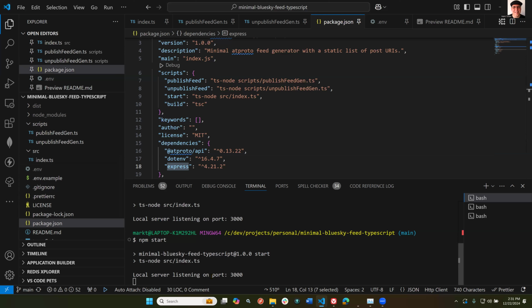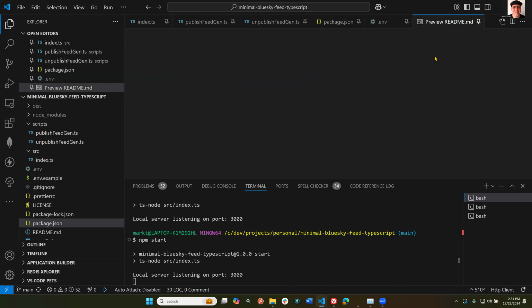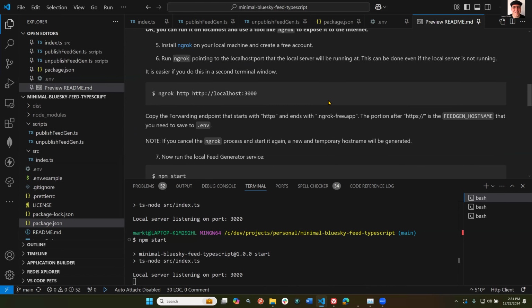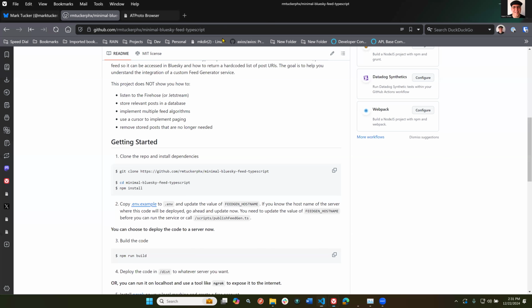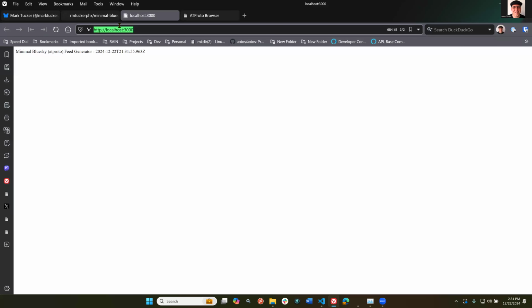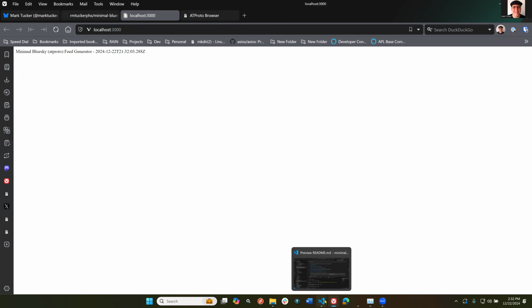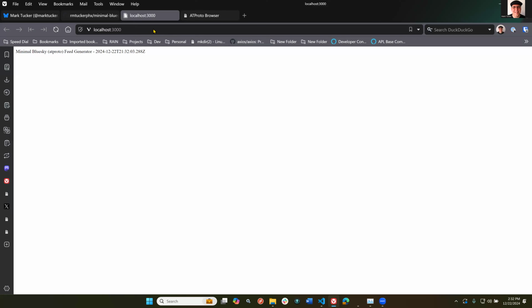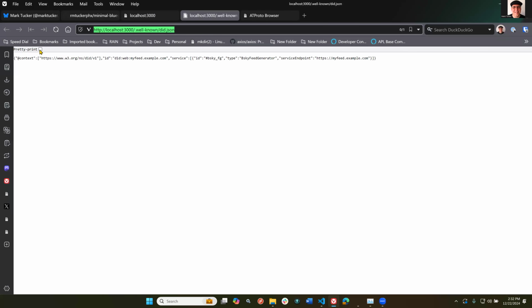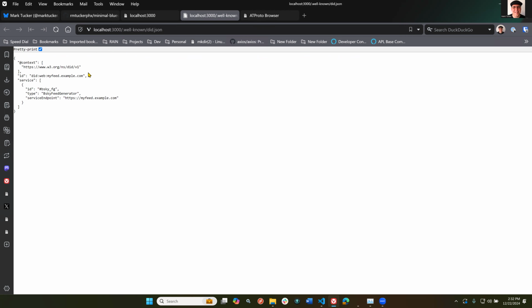Okay, great. We see that this service is already up and running. We can go here to the README, and there's a couple of links here. If we just click on this root here for the service, we can see that it serves this up. So the service is working just fine. We can go back here, and here is the endpoint to serve up that well-known did document. I'm just using Vivaldi here as my browser, but you can see it's got the wrong feed name here,